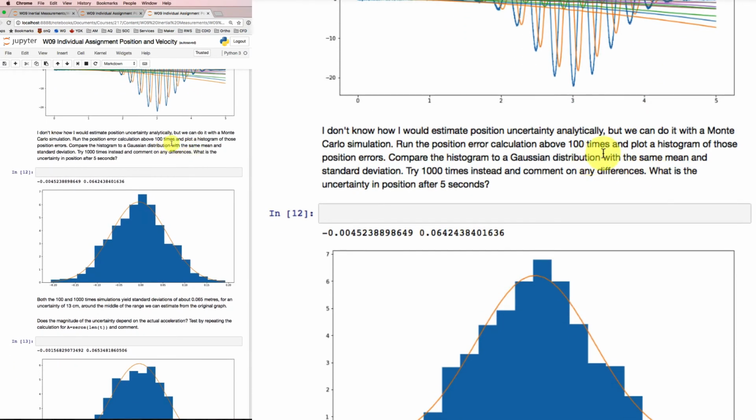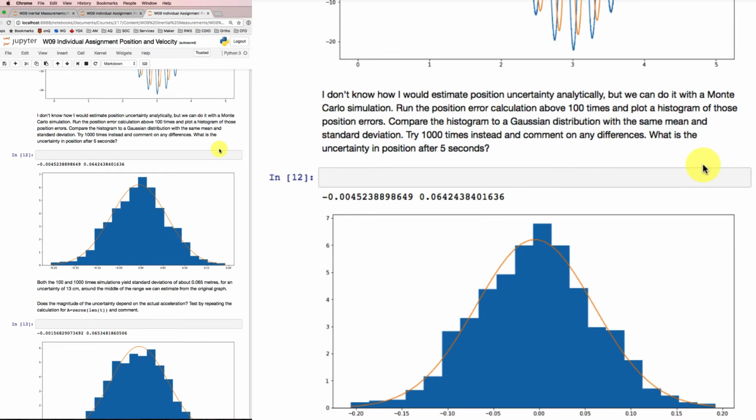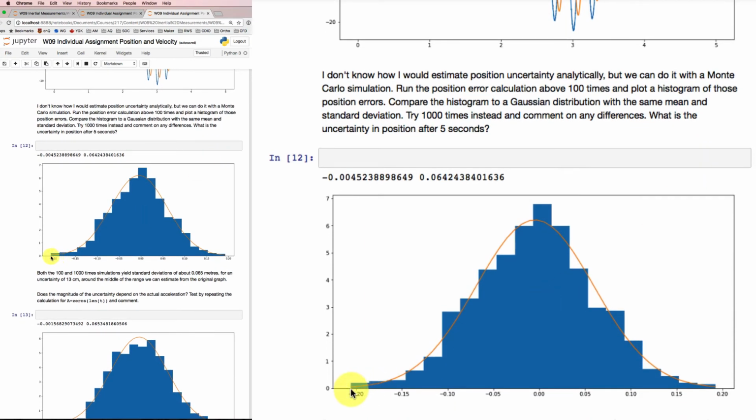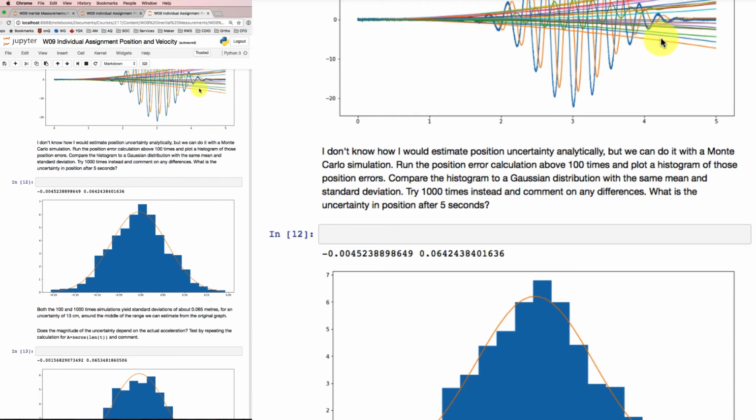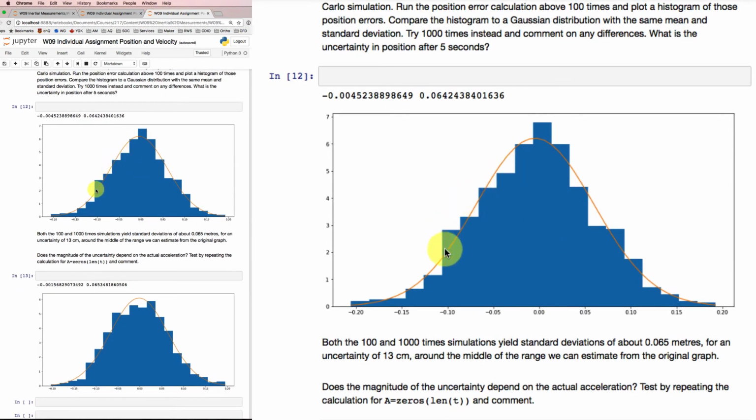If we run it 100 times, we can plot a histogram of those position errors. If we run it 1,000 times, we can plot a histogram, and we can compare it to a Gaussian distribution. And sure enough, it compares really closely to a Gaussian distribution if we run this calculation 1,000 times. And that's going to take quite a long time. Having run this calculation 1,000 times, we can get a mean which is really close to zero, and that's